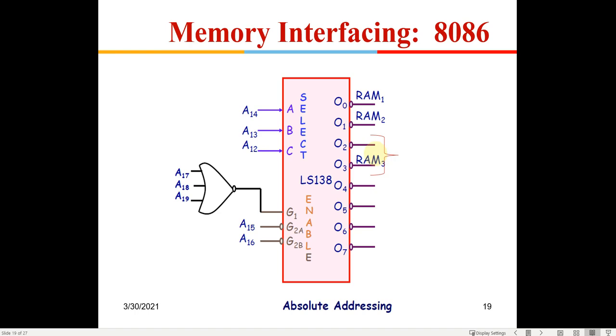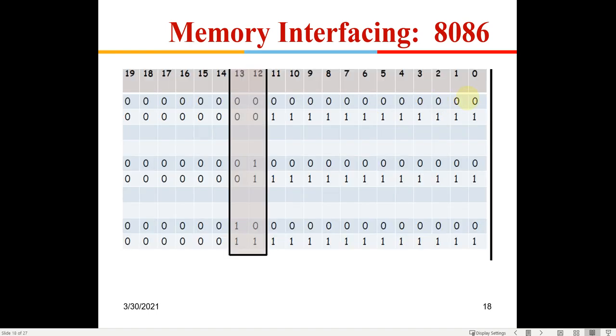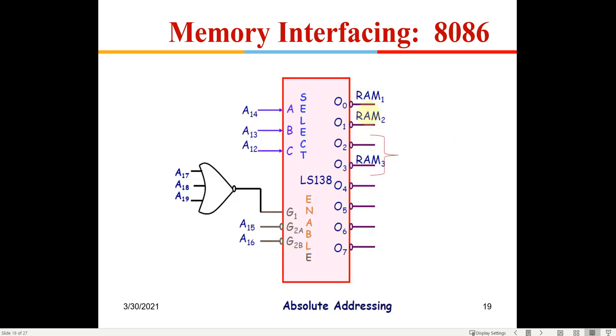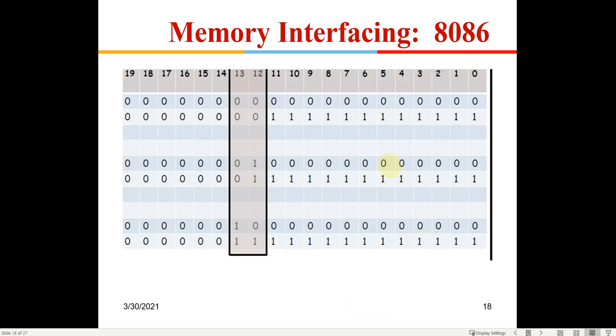So that is why we need to put an AND gate out here, and that is how we generate the 3 sets of chip select. Within each chip, for the first 2 chips, the address lines will be from A0 to A11 for these 2 RAMs. Whereas for the third chip, the address lines have to be A0